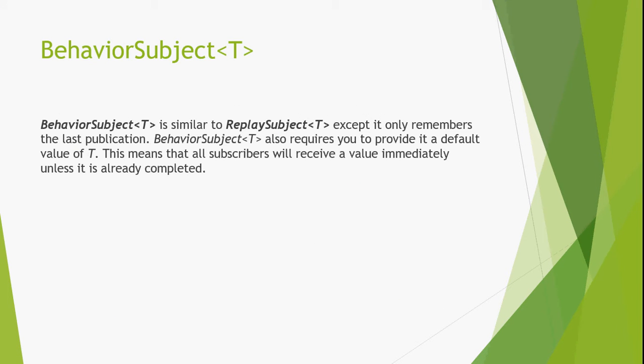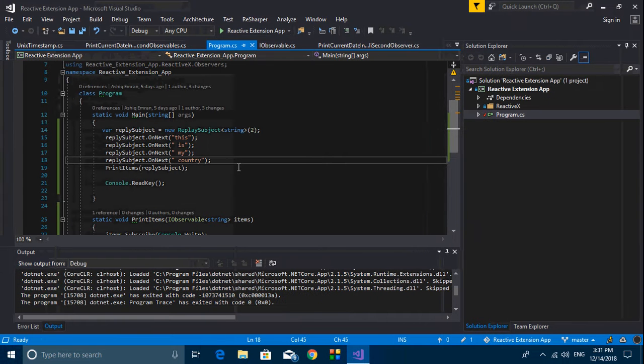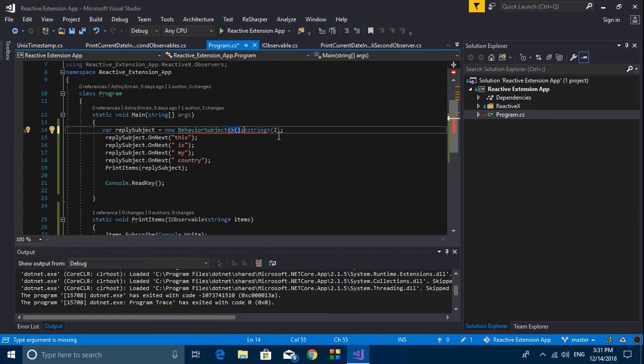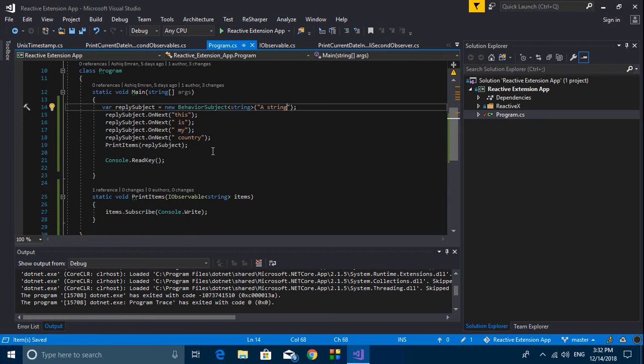So let's go to BehaviorSubject. BehaviorSubject is similar to ReplaySubject, except it only remembers the last publication. Whatever we published last time, it only remembers that item. BehaviorSubject also requires you to provide a default value of T. So when we are passing the generic parameter here, we must provide a default value. This means all subscribers will receive a value immediately unless it is already completed. So let's write some code for BehaviorSubject. We have to pass a default value, and what is the parameter? A string. So if we run,